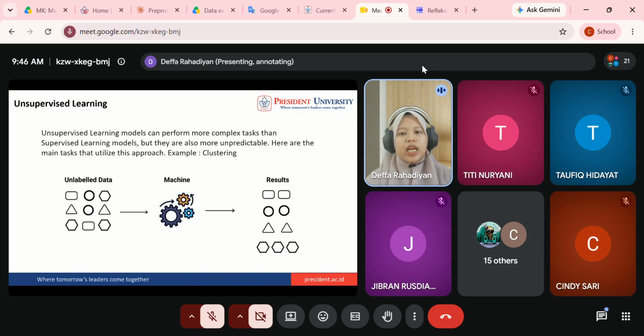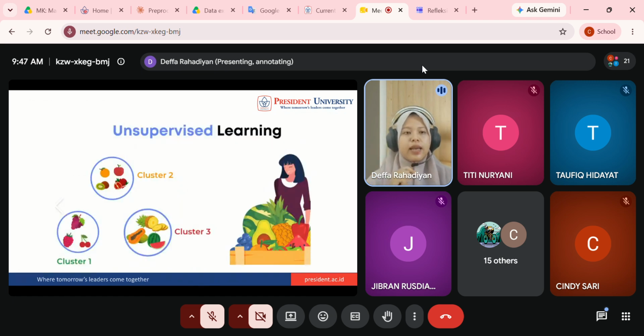But here, for example, we want to cluster the data into several groups. How do we decide how many groups we need? Maybe based on the data characteristics. But what if the data characteristics are very complex? You need to give the initial clusters first in the beginning.